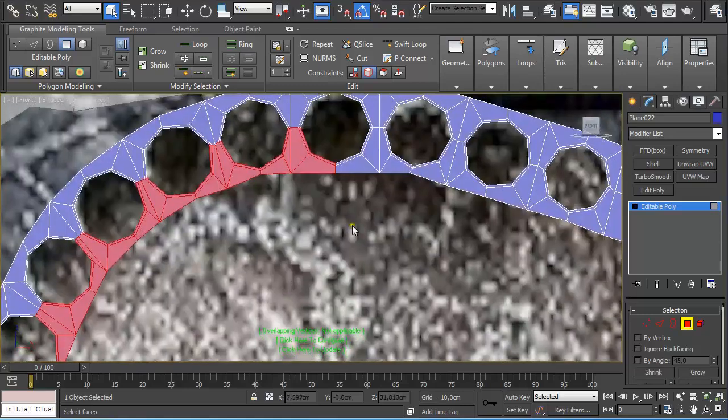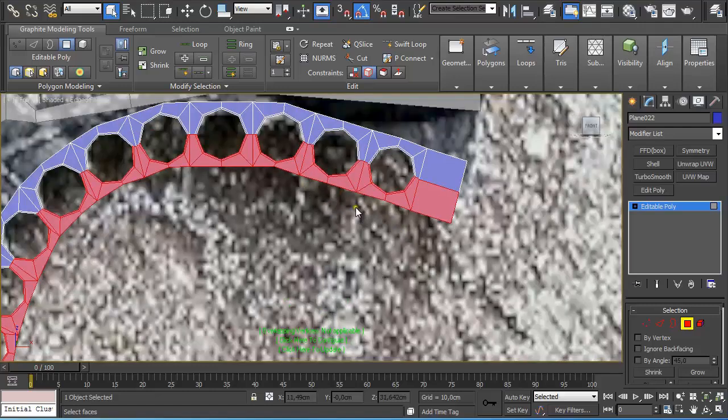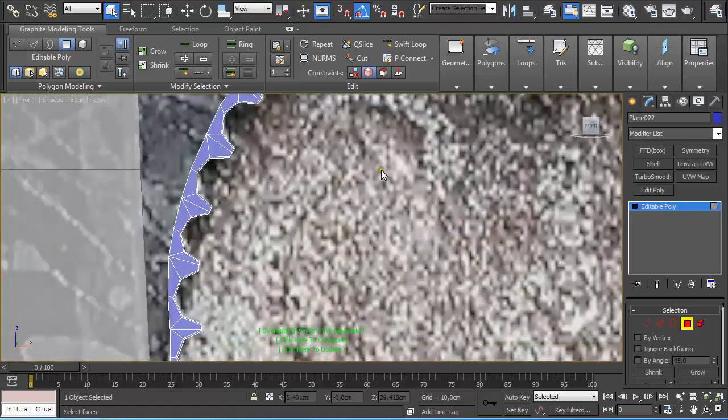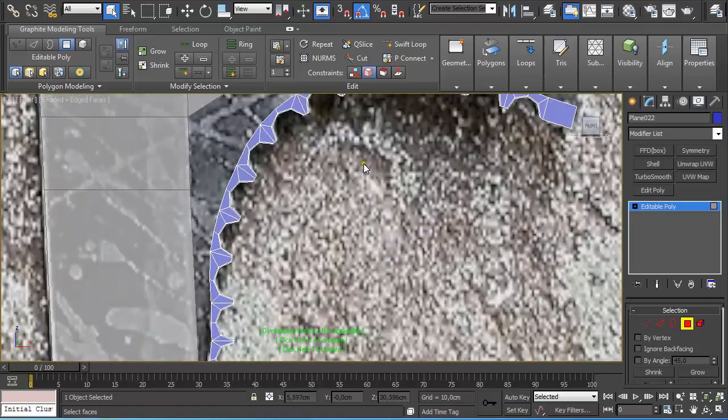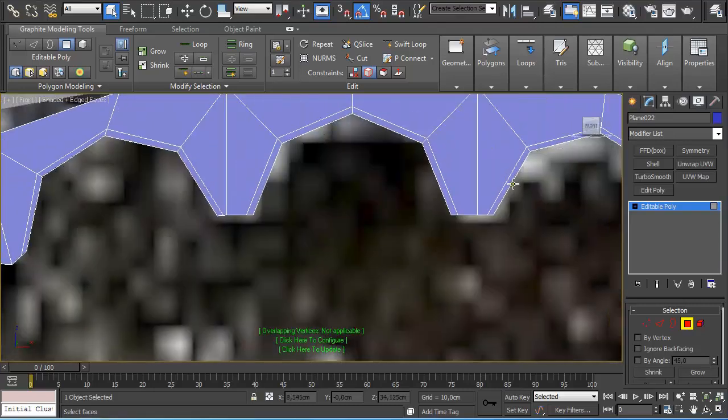As you may figure it out already, we're going to delete it. Sometimes you just have to delete something. And now we're going to do additional edge loops to these parts here. So again, swift loop and swift loop,